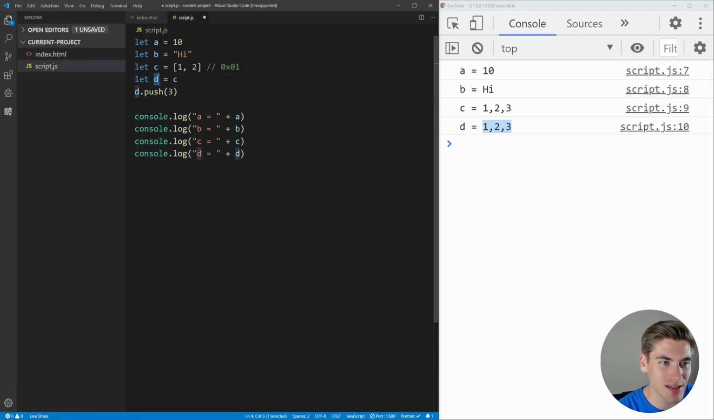And now when we set D equal to C, we're just getting that 0x01. And now D is also pointing to 0x01. They both point to the exact same location. So when we modify D, we're modifying this location, and both of these point to that location. If we were to go even a step further and instead just change D to its own array, 3, 4, 5, then we're going to add 6 to the end of the array,